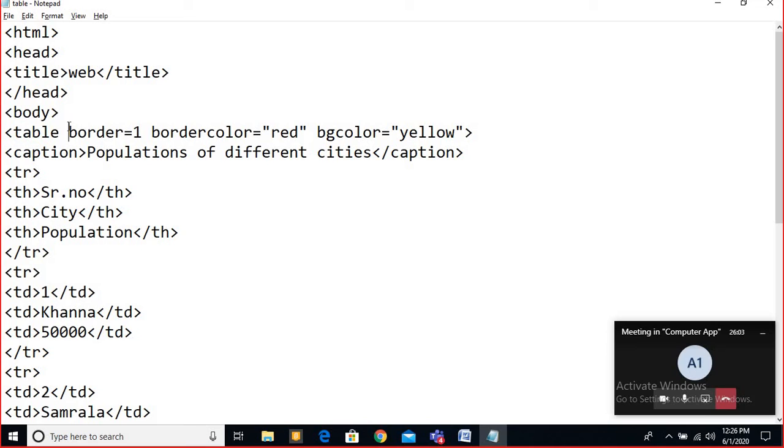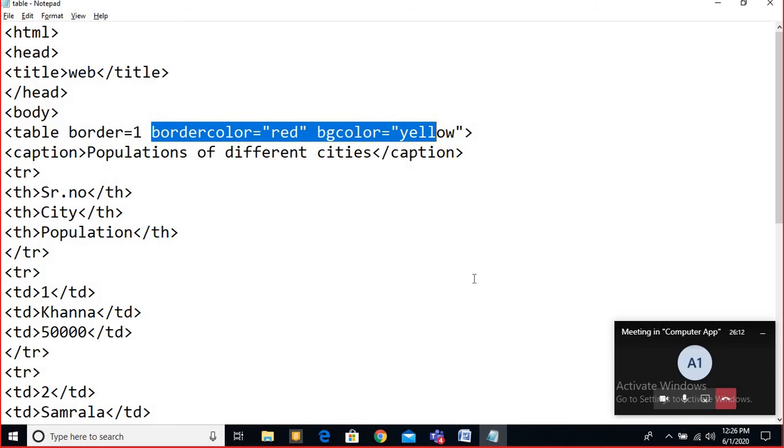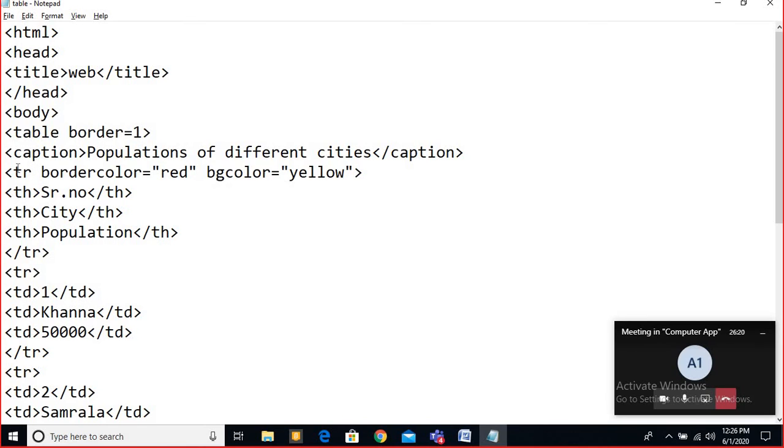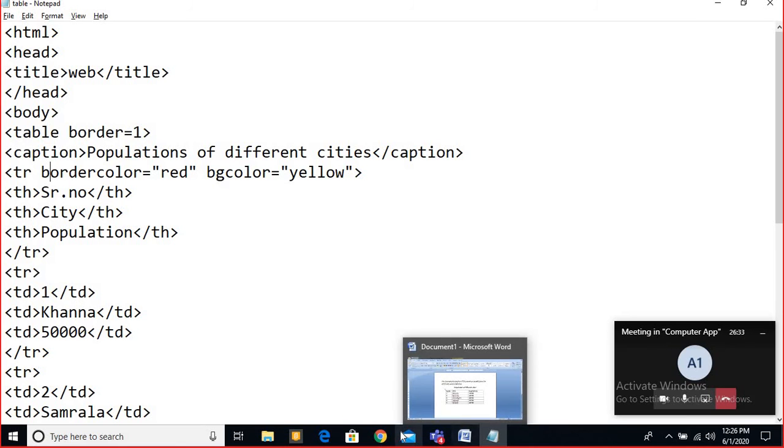Say I cut this to make you understand, and I want to give this effect only to this row, and I will not apply it to the others. So wherever you want to give it, use it in that TR only. So Control S. Now you see the output.